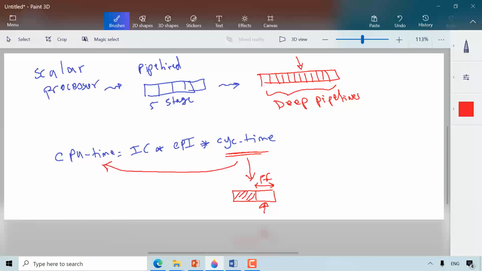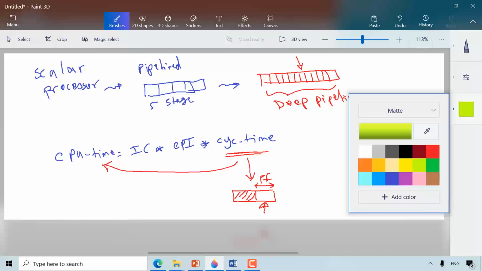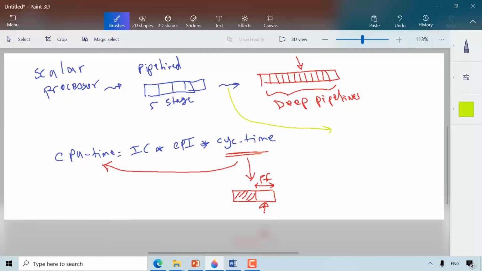Then people moved to another architecture. They said, okay, let's figure out a better way to do it. How about if we issue multiple instructions per cycle? So instead of having one instruction fetch, we'll fetch two instructions, and we will decode them and execute them, access the memory and write back. So two instructions at a time. Then we moved to another two instructions, etc., etc. And this is what we call the